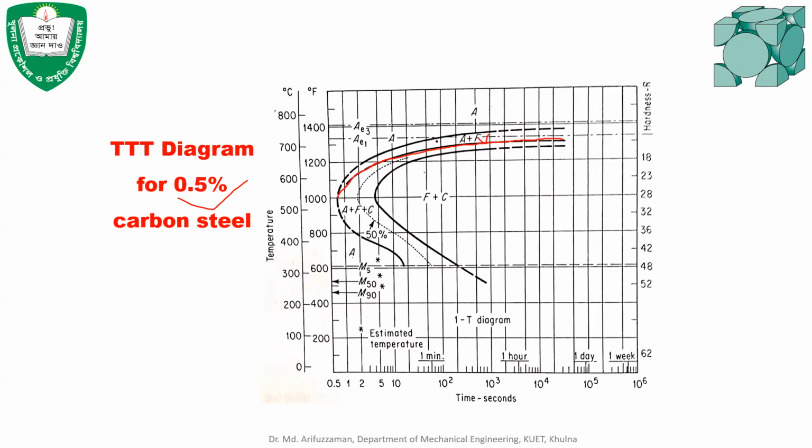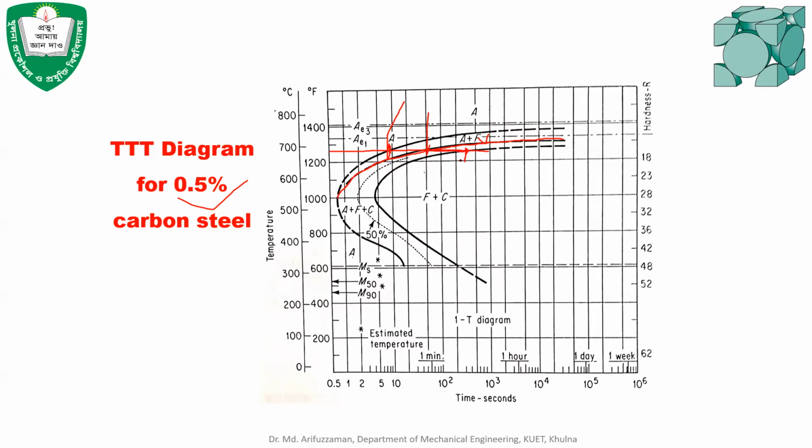If this indicates ferrite, that means at a certain temperature, let's say 1300 degrees Celsius, at this point and this point, there will be 3 points. From this point to this point, transformation occurs, and austenite actually transforms into ferrite. After this point, the eutectoid reaction takes place, and the rest of the austenite actually transforms